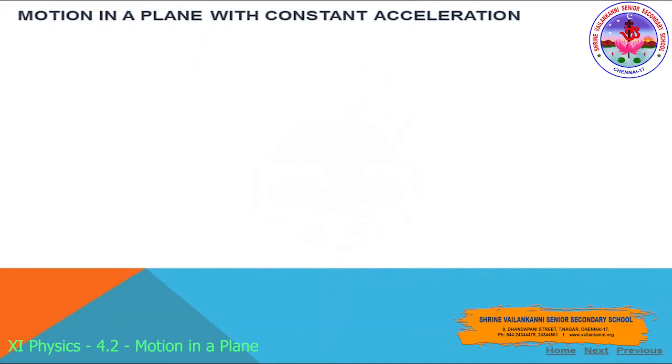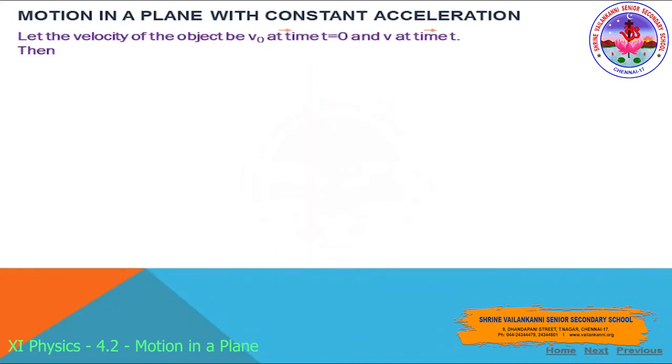Now we are going to see the motion in a plane with constant acceleration. Constant acceleration is, as we know very well, similar to uniformly accelerated motion along one dimension. So what does uniform acceleration mean, as we know very well? If a body is in uniform acceleration, we can say the velocity vector suffers the same change in the same intervals of time, however small they may be, and we have to consider that.